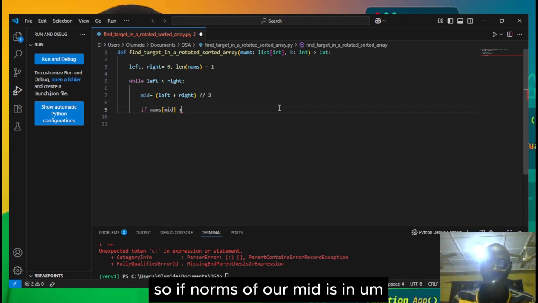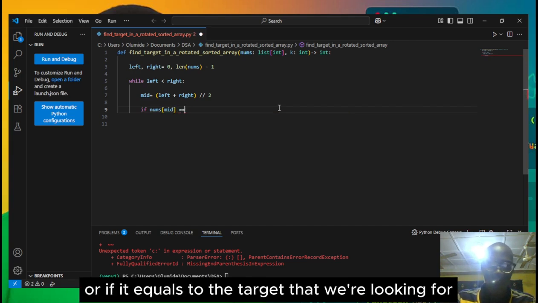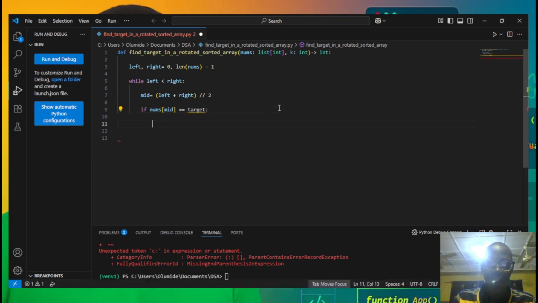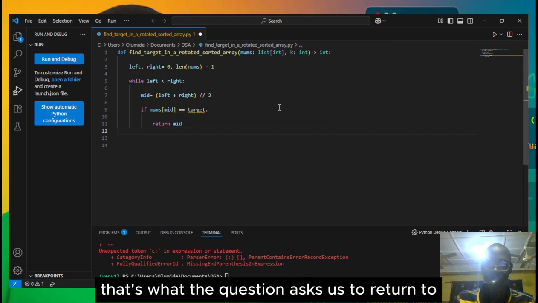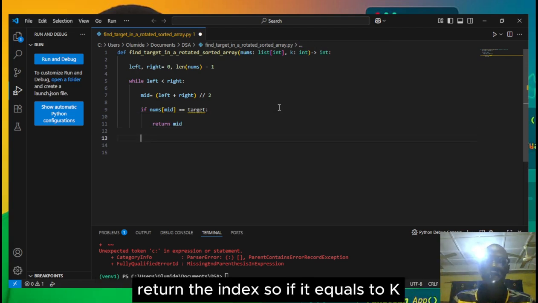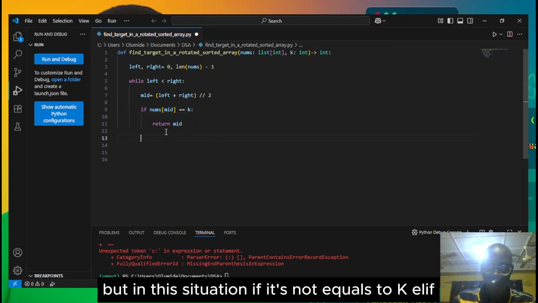So if nums of mid is equal to the target that we're looking for, what we want to do is return the mid itself. Don't forget that's what the question asks us to return, the index. So if it is equal to k, which is the target we are looking for. But in a situation whereby it's not equal to k,